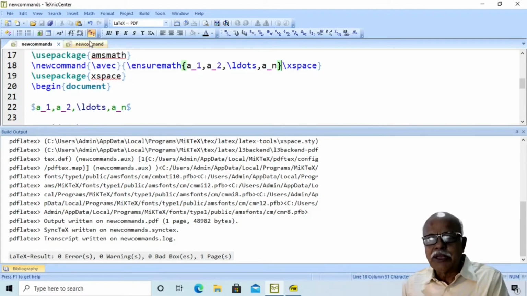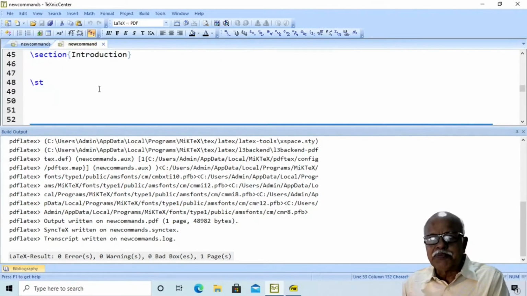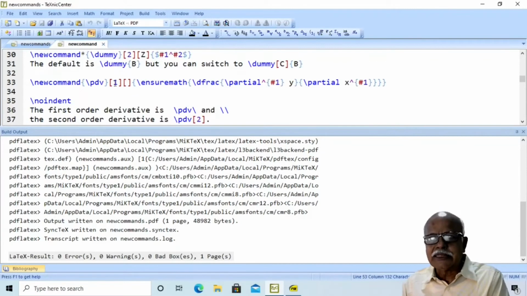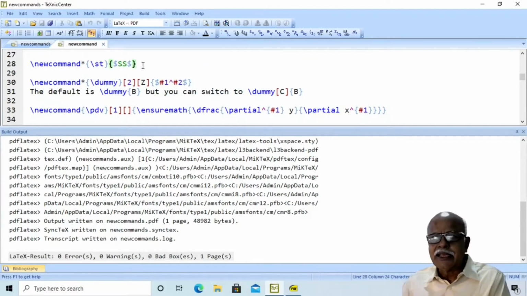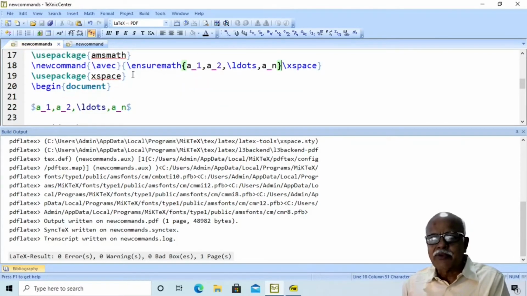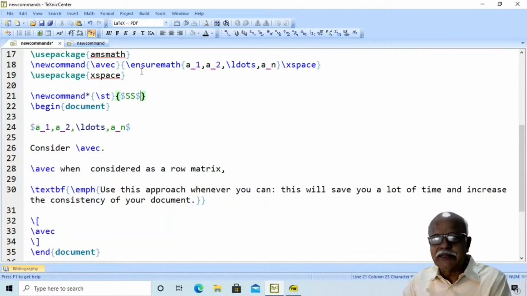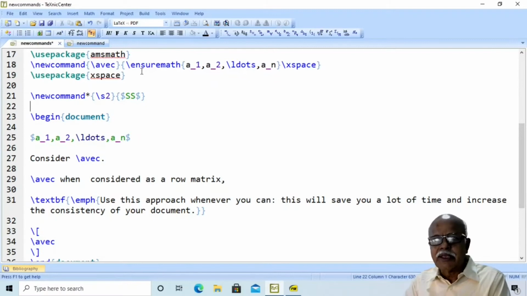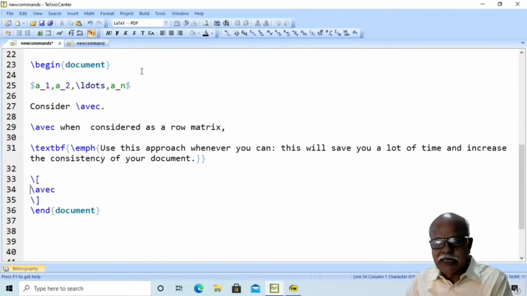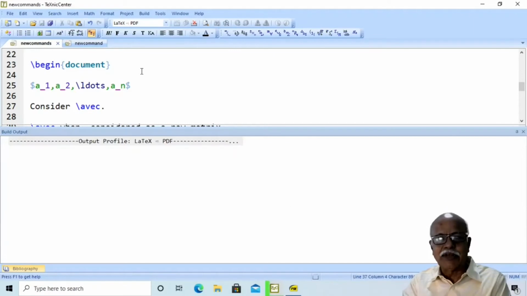Now, let us consider another case. I want to define a new command \S2, where I would like to have S typed twice in the output.